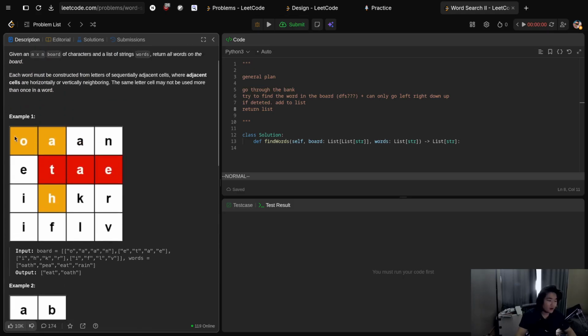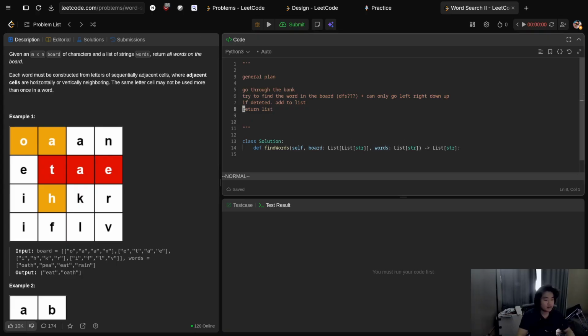Like from O, where can I go? What if I convert the board into a kind of trie tree? Convert the board into a trie tree, right? So for example,